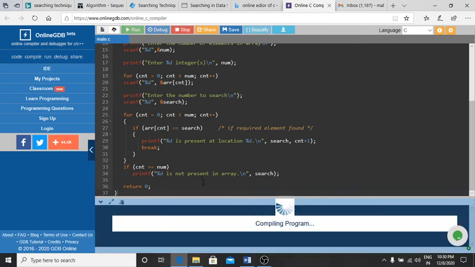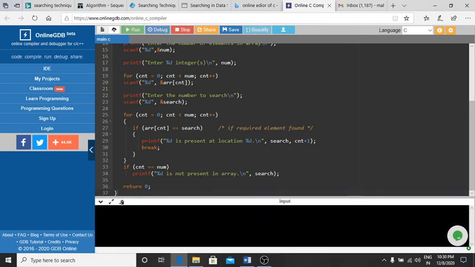If I press the run key, it will compile the program and ask the message, enter the number of elements in the array. Suppose I type 3 here and press the enter key, then it will ask to enter 3 integers. Suppose I enter 11, then 12, then 13. Now press the enter key.